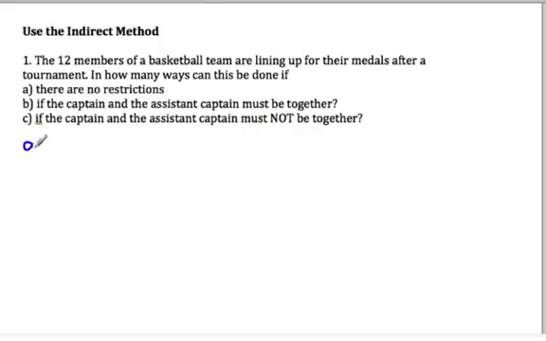So for the first question, if you've got 12 members of a basketball team that are lining up to get medals after a tournament, in how many ways can this be done if there are no restrictions? Well, the number of ways then